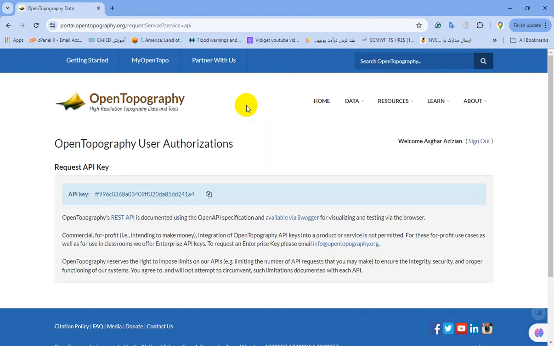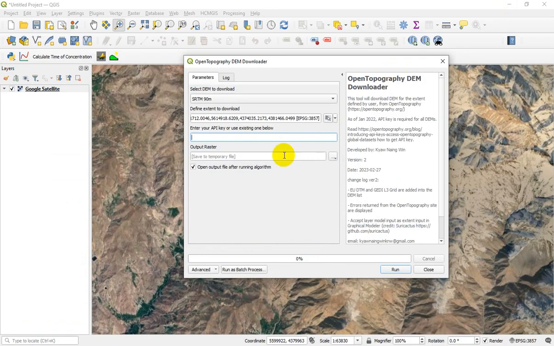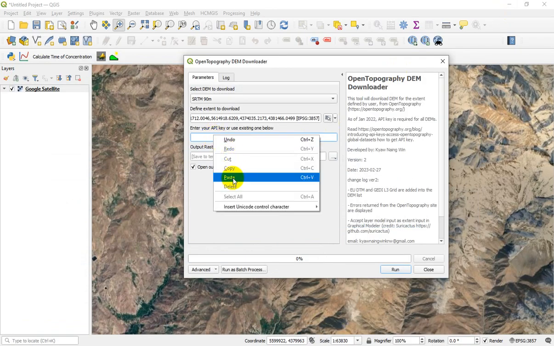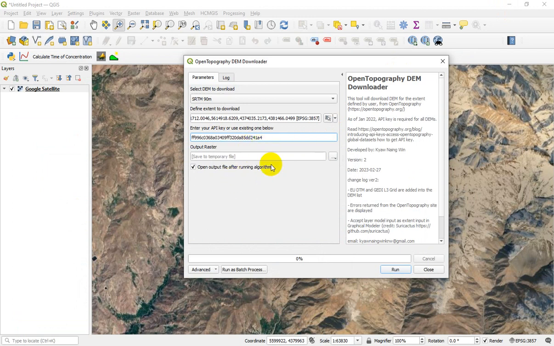But keep in mind, for accessing the API key, you should register on this website. Okay, let me copy this and enter the API key in the related section.